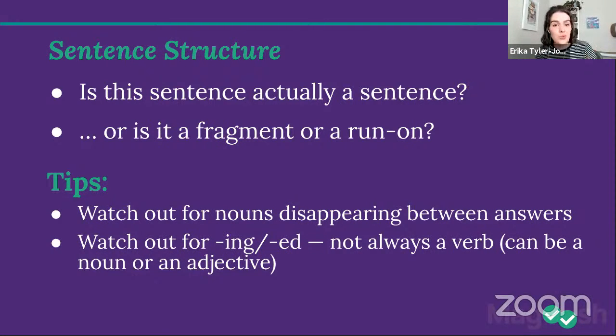So what they'll do is they'll add those ings or eds into answer choices versus a traditional verb, just a regular present tense or past tense verb. And they make you think that it's a verb tense issue, but it's not, because secretly that thing that looks like a verb is not a verb. And that destroys the sentence structure because now the verb is missing. Sneaky. Very sneaky. But for now, the clue: if you see an ing or an ed in the answer choices, just go, ooh, is that actually a verb?